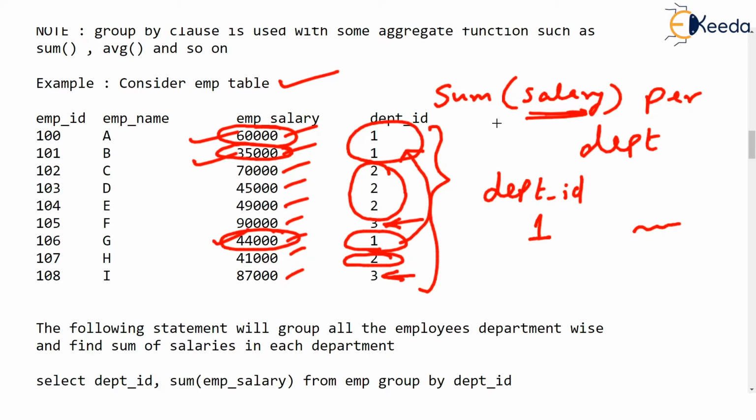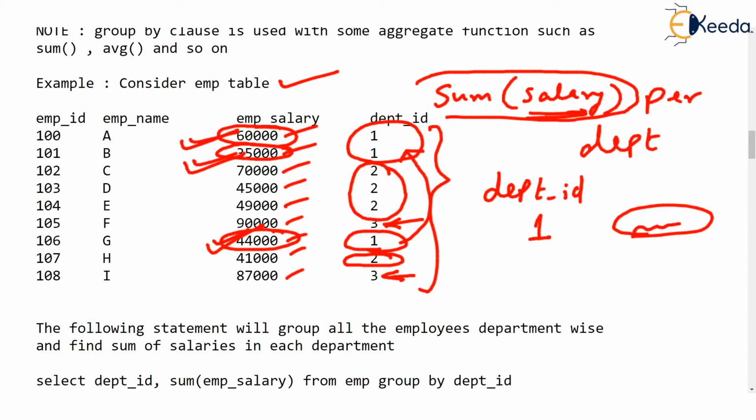But this addition of 60,000, 35,000, and 44,000 is possible only if we use GROUP BY, so that all employees working in department number 1, the same department, are first grouped together, and then whatever request we are making, like sum the salary per department, will be done. Similarly, for department number 2, we want to find out the total salary we are paying, with all the salaries of the employees working in department number 2 added together, and similarly for department number 3.